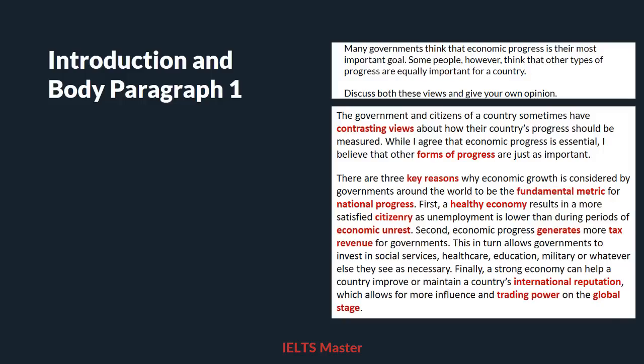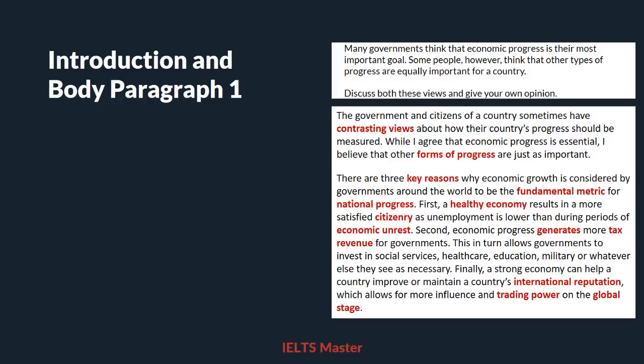I'll read. The government and citizens of a country sometimes have contrasting views about how their country's progress should be measured. While I agree that economic progress is essential, I believe that other forms of progress are just as important. There are 3 key reasons why economic growth is considered by governments around the world to be the fundamental metric for national progress. First, a healthy economy results in a more satisfied citizenry, as unemployment is lower than during periods